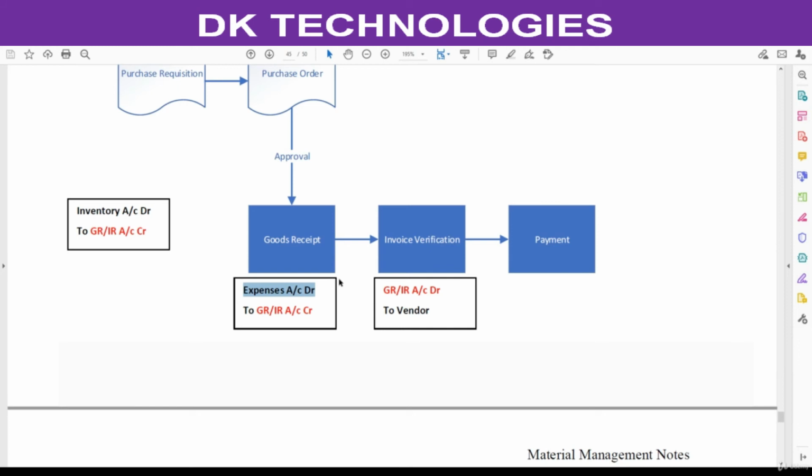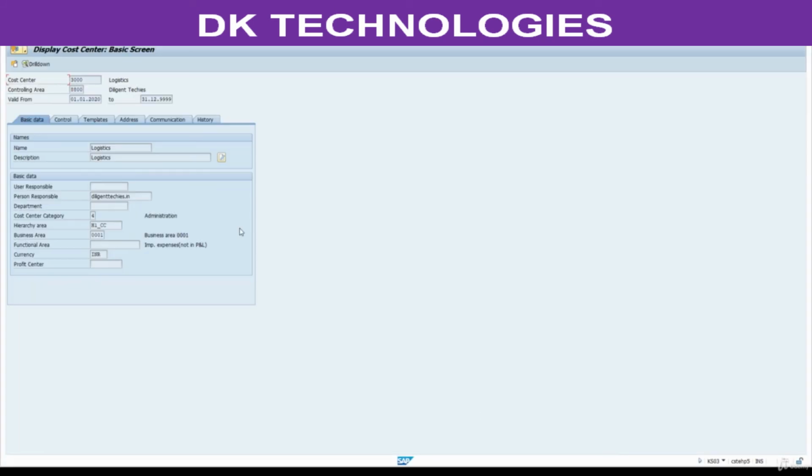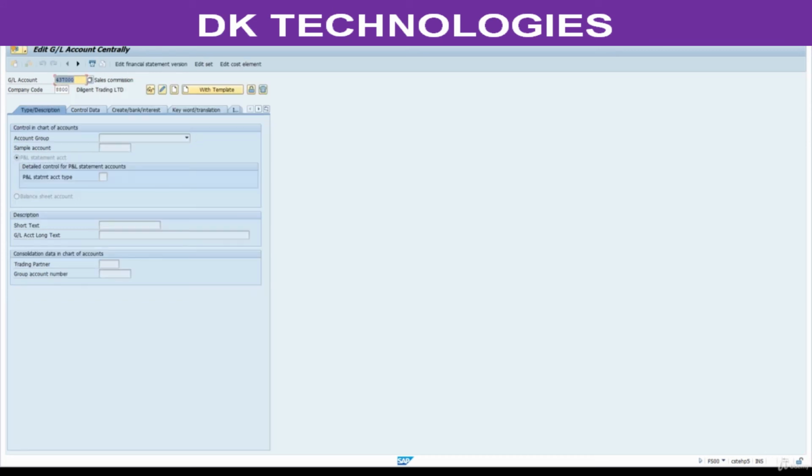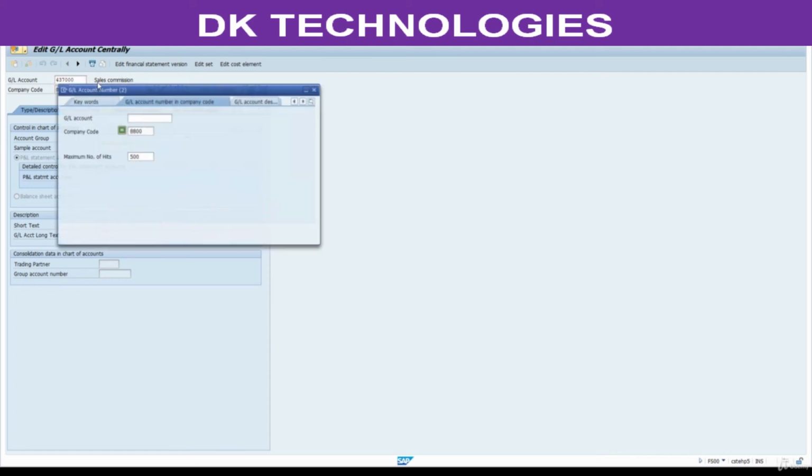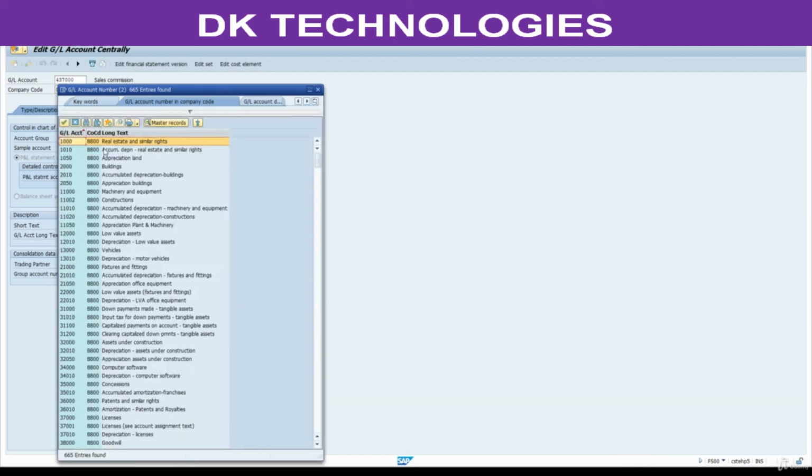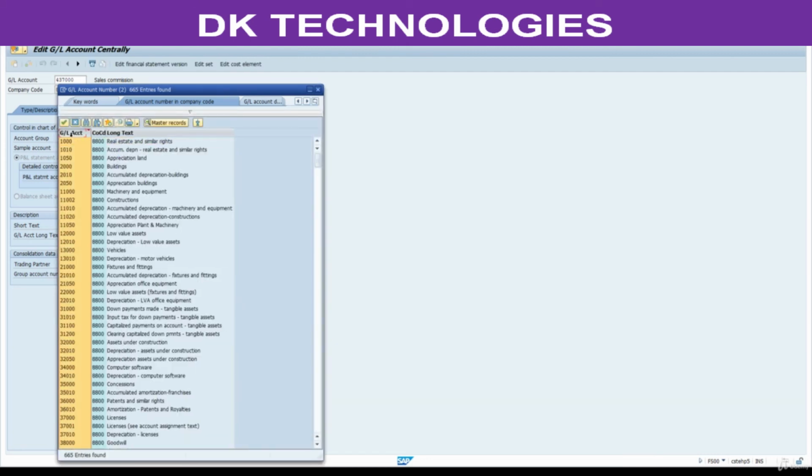That is the reason we need one. So what I will do, I will go to FS00. Note down this T code if you don't know. Enter your company code here, press F4, remove this, enter, click on this one, sort.